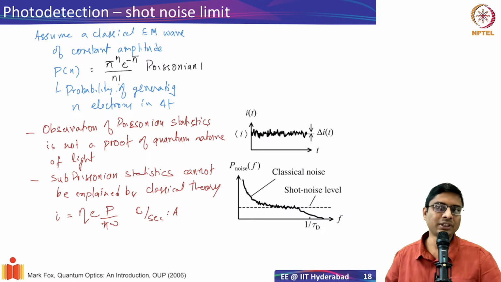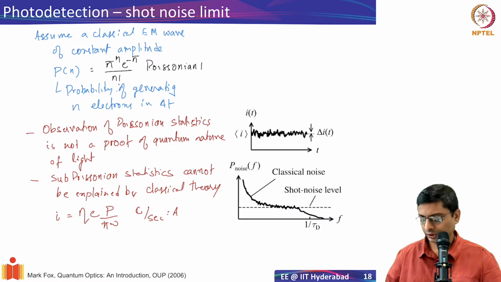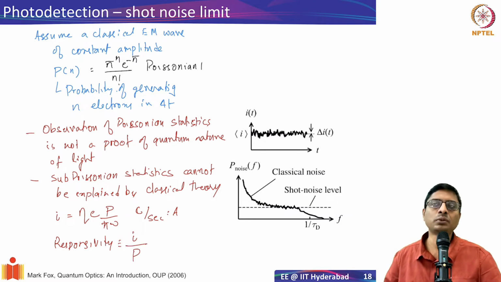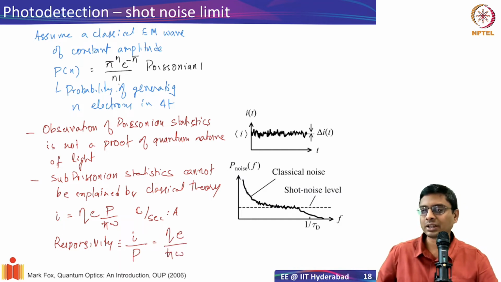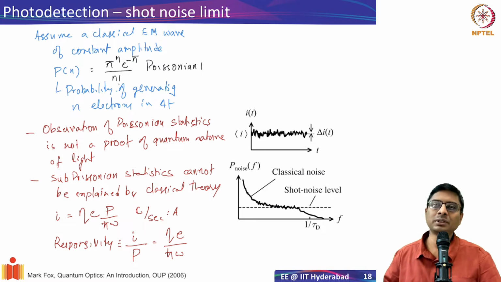Now, when I have photocurrent generated, one of the important properties of a photodetector is what is known as responsivity. Okay, responsivity, which we define as the current divided by the incident power. If you have 1 watt of power incident, how much current are you generating? How many milliamperes or amperes are you generating, right? So that is what is known as responsivity, and that is clearly equal to eta times e divided by h cross omega. So if you have a responsivity of 1, essentially you have a very, very good detector. Typically the responsivity will be smaller, right?